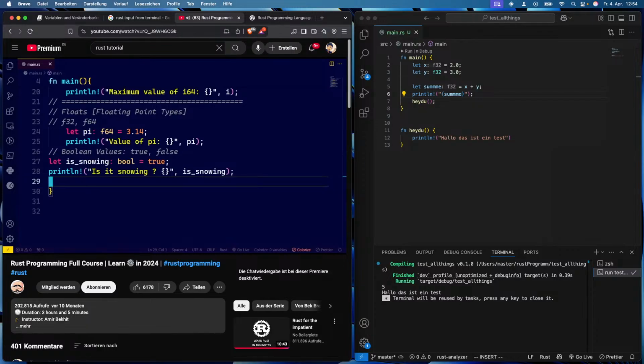And finally, we have the char, or the character type. And the character type actually represents a single Unicode scalar value. Okay, so that's a Unicode character type. So for instance, letter X, letter Z,